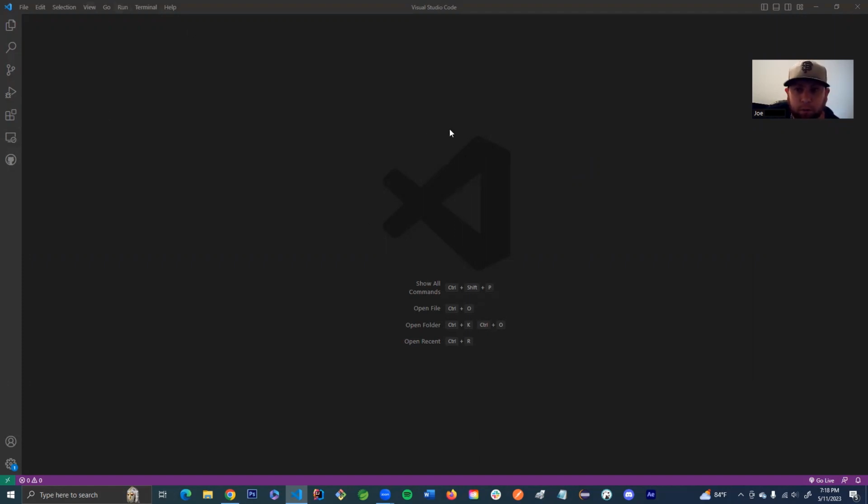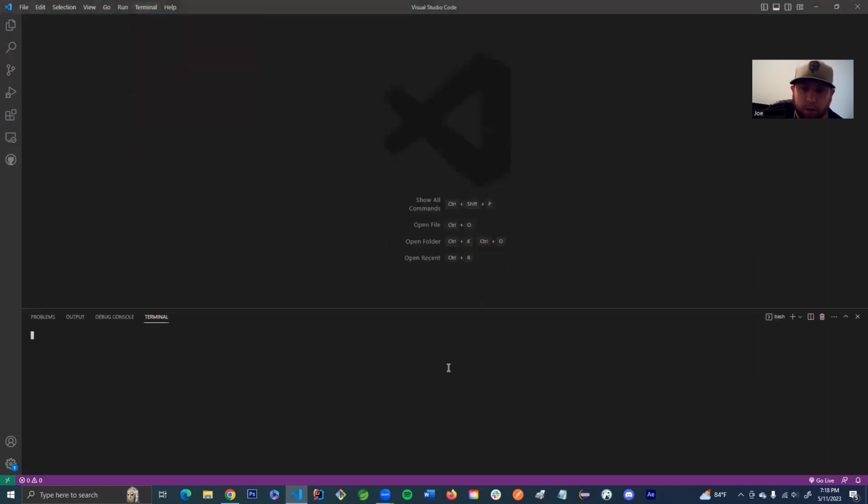So the first step is to open up Visual Studio Code, open up a new terminal, and cd to the desired location of where you want your project to be. And then make a new directory and name it what you would like. I'll call mine Joe's Heroku demo. And then cd to that directory